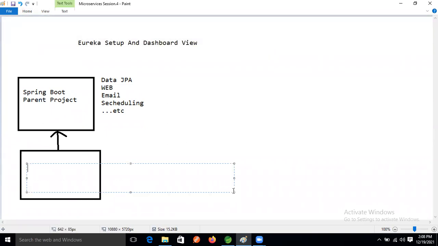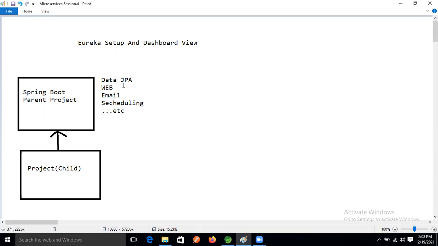This is our Spring Boot programming whenever we are doing now. This is called the child project, right? Whenever we are doing basic programming like database, data JPA programming, web, RESTful Spring Boot REST as well as Spring Boot MVC, those programming, we are taking the help of the Spring Boot parent project, right? Already these things I covered. I don't know whether the people remember or not.